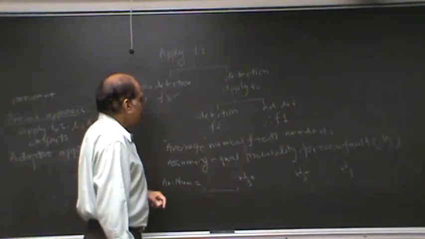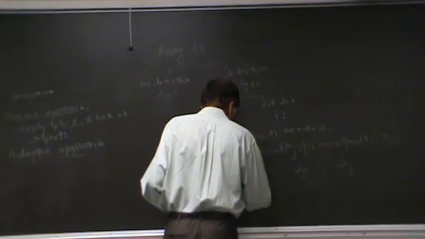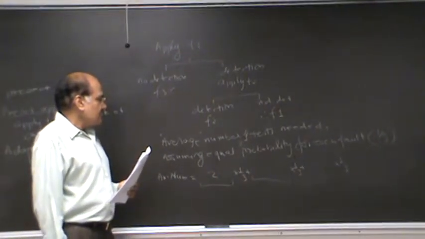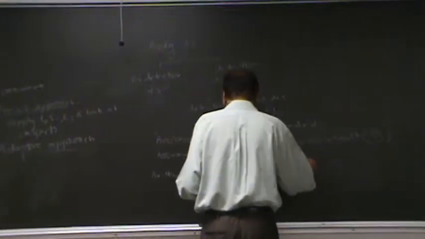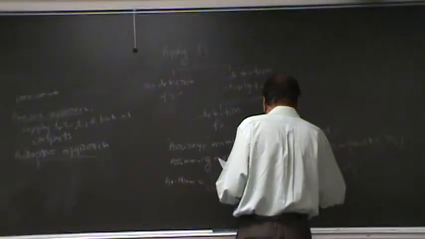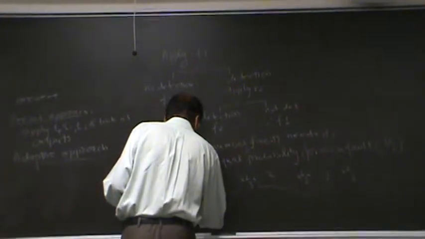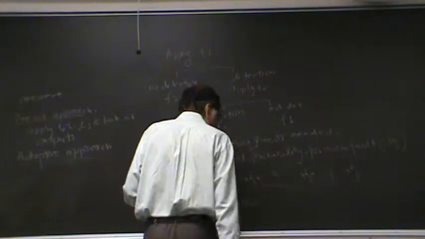If it is fault F1, we are going to take 2, right? How many vectors it will take if it is fault F2? 2. And it's just 1. And if you calculate this, it will turn out to be 1.7 vectors. Average,